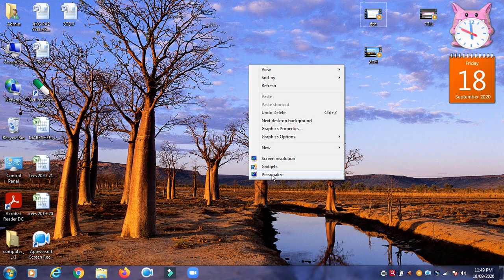If you right click with your mouse on the desktop, it will open a shortcut menu with options like view, sort by, refresh, undo, next desktop background, graphic properties, new, screen resolution, gadgets, and personalize. Using this menu saves our time while accessing various tools.